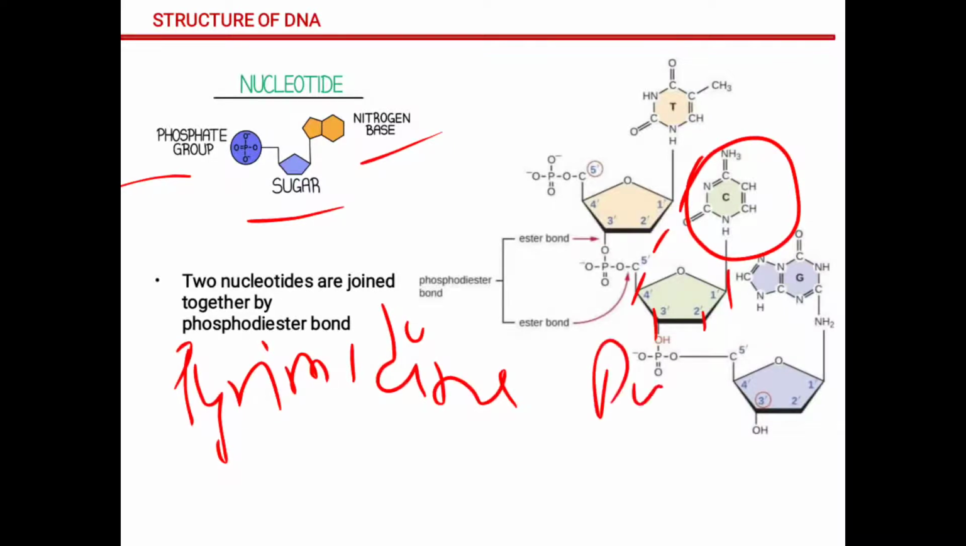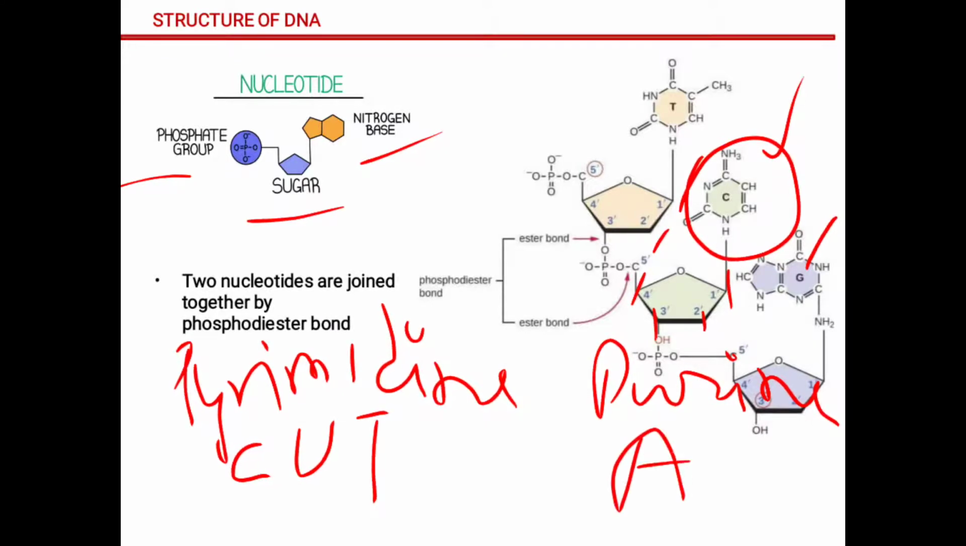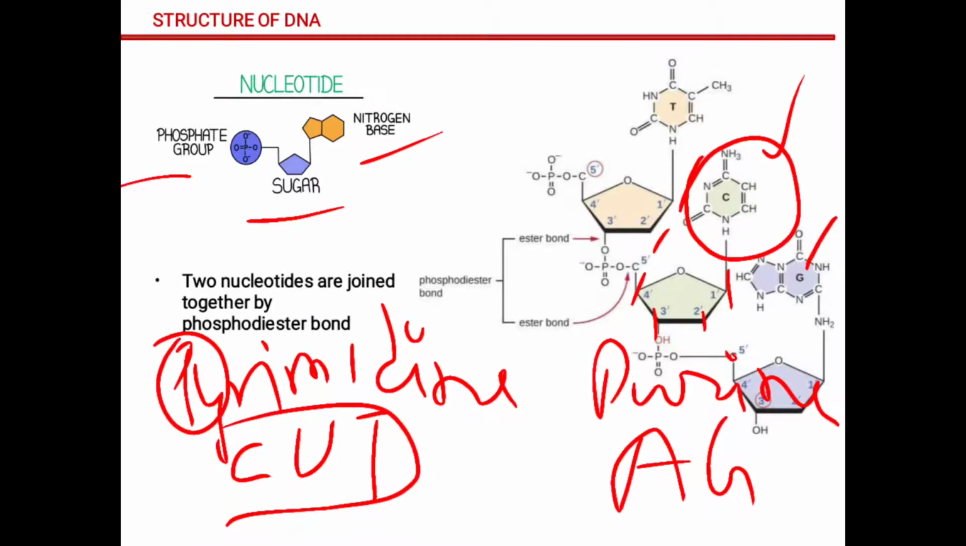or purine. Now those nitrogenous bases which have only one ring are known as pyrimidine. This is a pyrimidine. And those nitrogenous bases which have two rings are known as purine. So this is a purine. Now cytosine, uracil, and thymine are pyrimidines, and adenine and guanine are purines. Now how to remember this? You can remember it by "cut pi", and the remaining ones will be purine. And a pyrimidine will always form a bond with a purine, and a purine will always form a bond with a